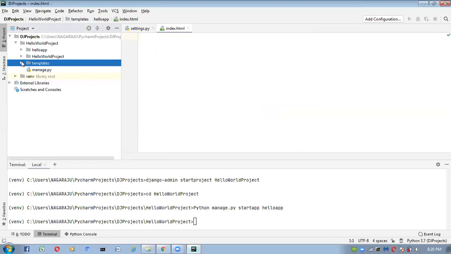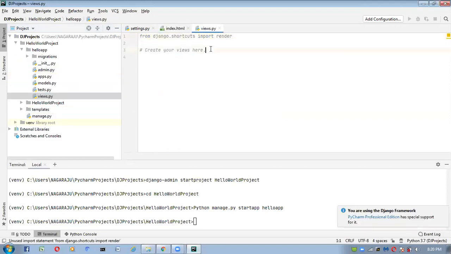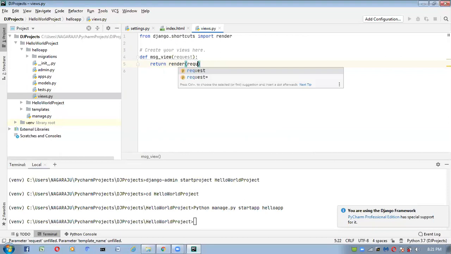Next, go to our views.py file. Here we have to define our view functions. So I'm going to write one view function, def message_view, and I am passing the request object like this. Here return render, request comma, and here we have to give the location of that HTML file.